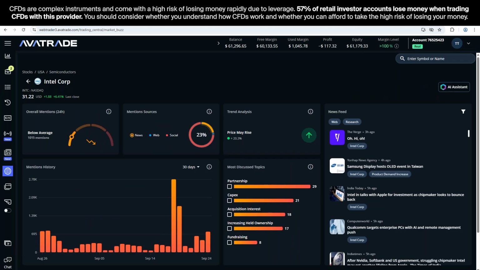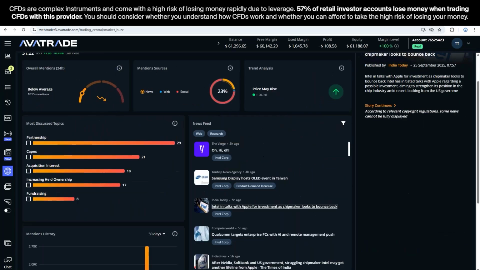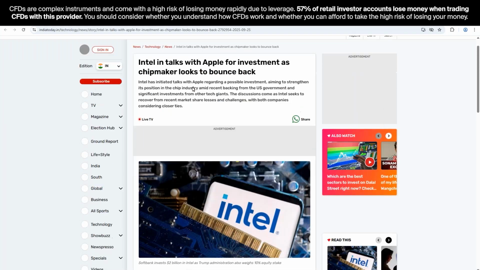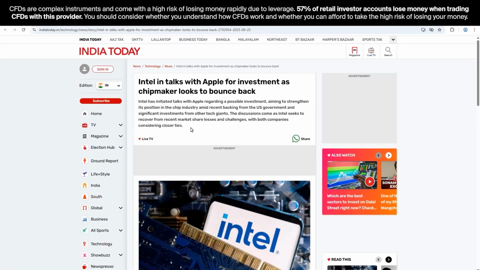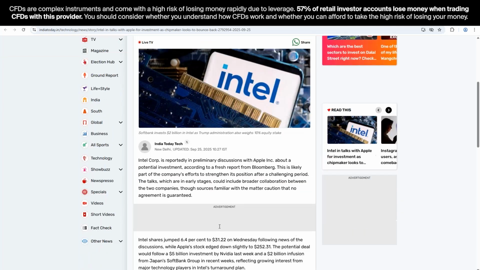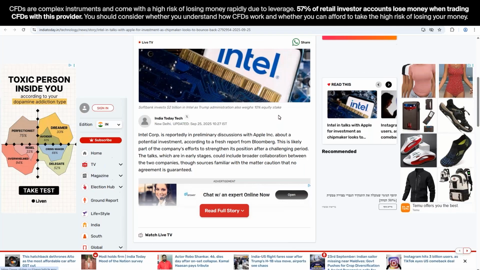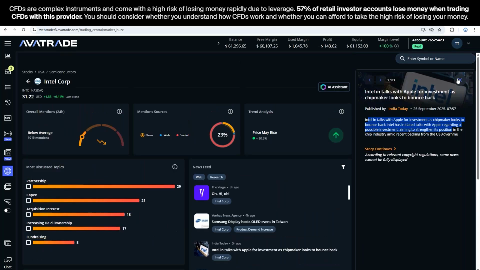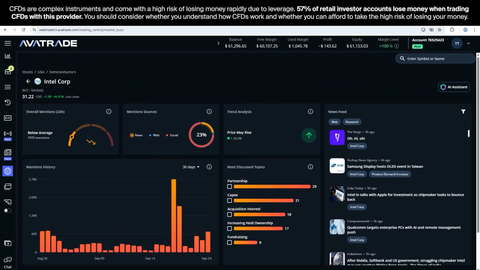And all of a sudden, just in the past 5 hours, you'll see Intel is in talks with Apple for investment as chip maker looks to bounce back. Well, that's big news to have maybe a deal going on with Apple. So you click on that, you can read a little summary of it, and you also can read the entire story. Just click the link. So you can find the source of exactly who posted this article and read the article for yourself and decide based on the most recent fundamental news,